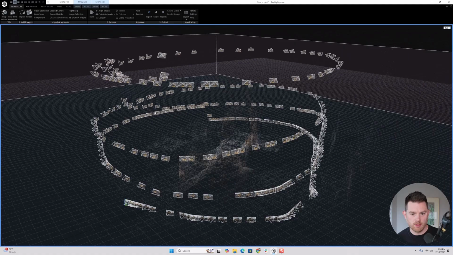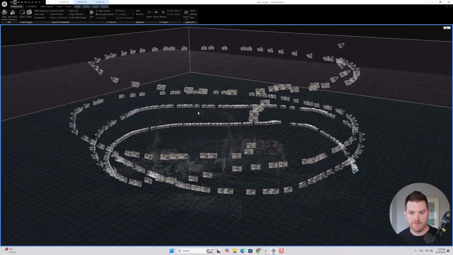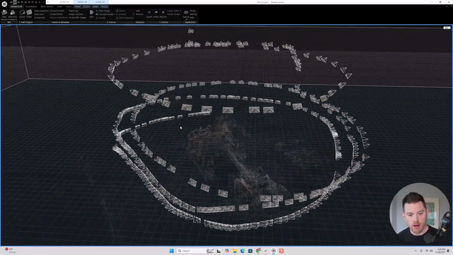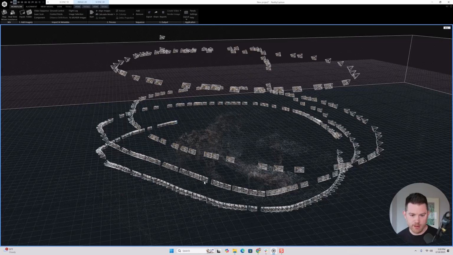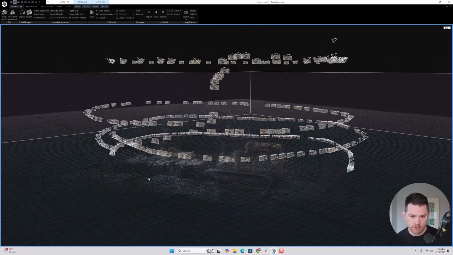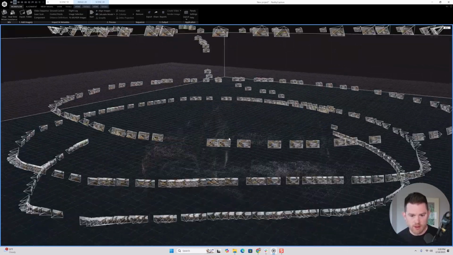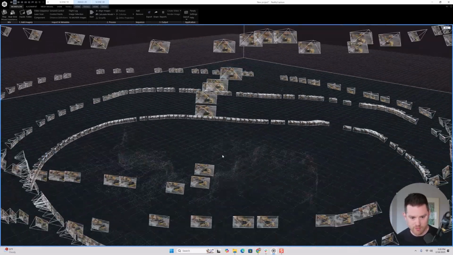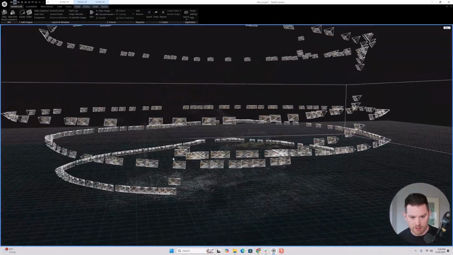First, let's take a look at the camera poses at 400 so you can see how many more that is. So here's the camera poses at 400 images. Quite a bit different than I showed you at 100. You've got a tight spacing around this dozer, and it's hard to see the dozer. I don't really know how to make these points bigger in Reality Capture, but you can see that there's just